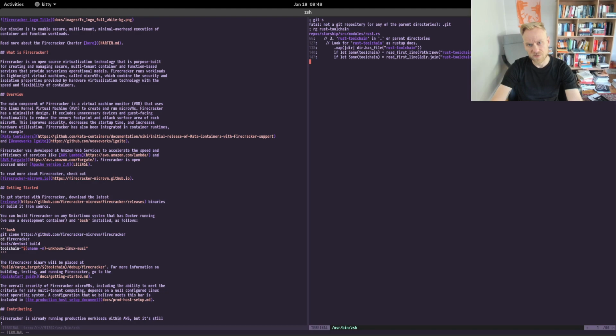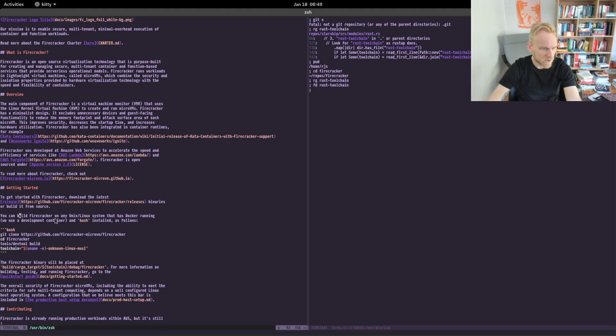I don't believe this project has any. Where am I? Oh, in repos. So that was Starship, which we could look at another day. It's a different project. But let's go into Firecracker and look for rust-toolchain, and there's nothing. And we can also search for rust-toolchain as a file. So rg and fd, if you don't know what those are, that's ripgrep and find. I'll give links to descriptions of those projects afterwards.